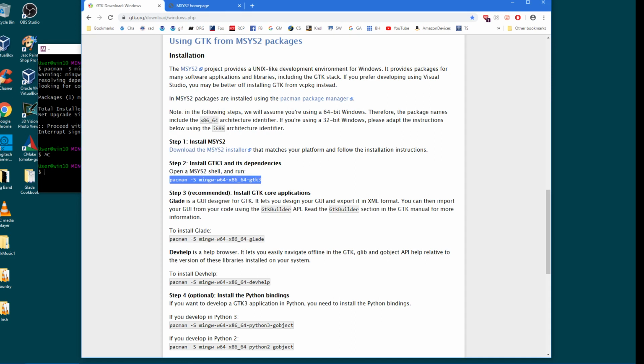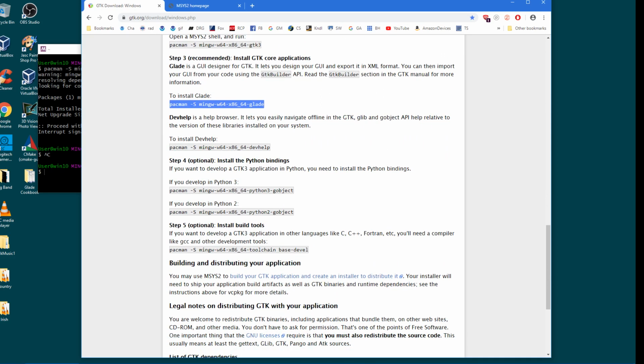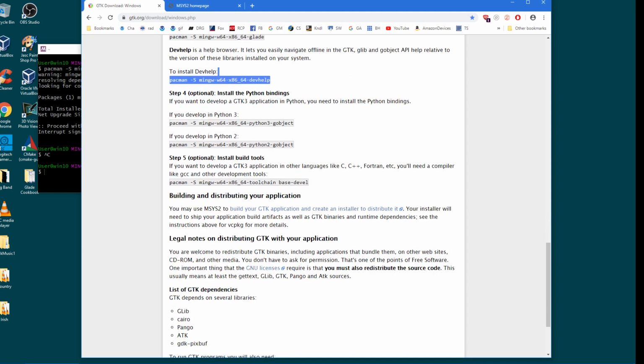But you do, all right? You will say yes and yes and yes, and it'll install the GTK. It takes a while. It's not all that fast. Then you want to get Glade. It's kind of important. So get Glade. You probably want to get the help too. That takes a couple of seconds. If you're playing with Python, you want to get the appropriate Python